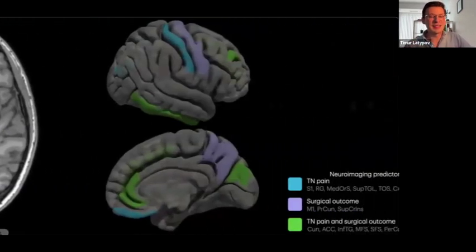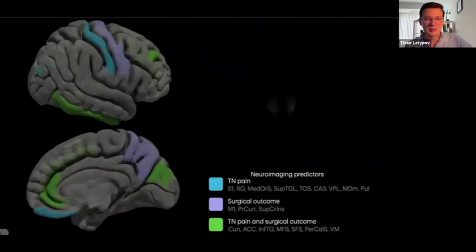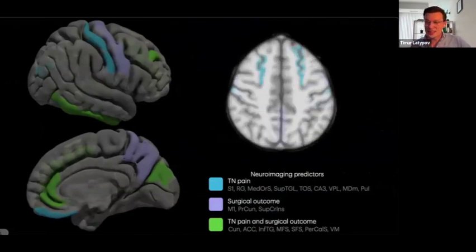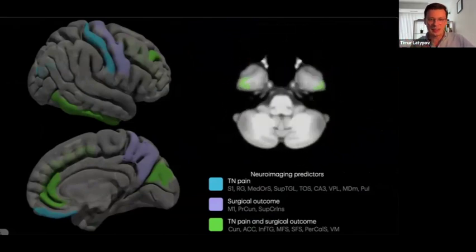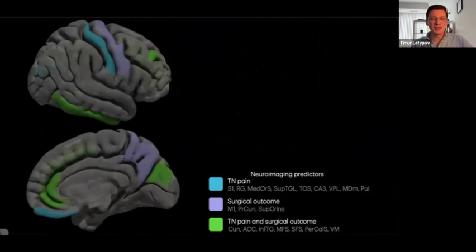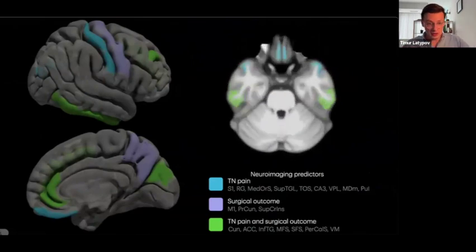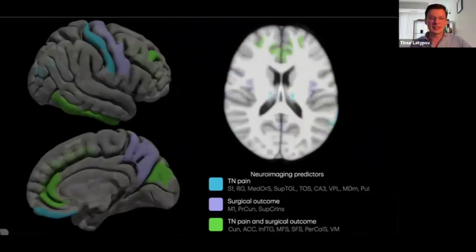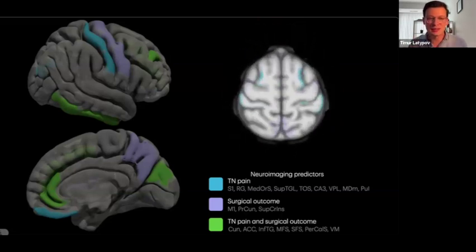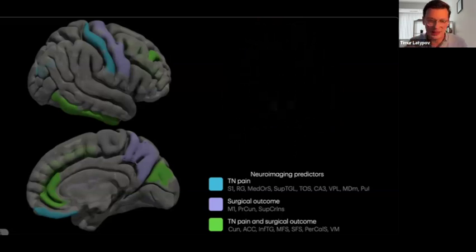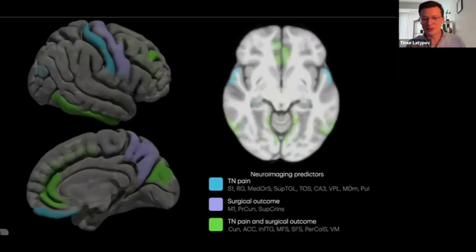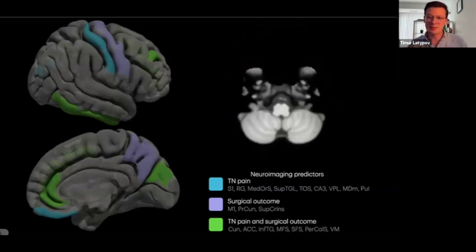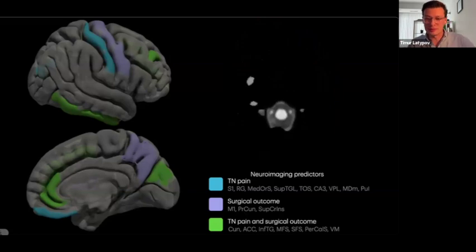The second message is more practical, but also relevant for research communities. We identified signatures that, in fact, not only help detecting the presence of chronic pain, trigeminal pain in this sense, but also can be used to forecast the surgical outcome. On top of clinical insights I mentioned, this includes changes in the brain structures within certain regions. They're currently displayed on the slide. And we are currently approaching the time when we can get more insights from the brain structures before proceeding with the medical treatment for these patients.